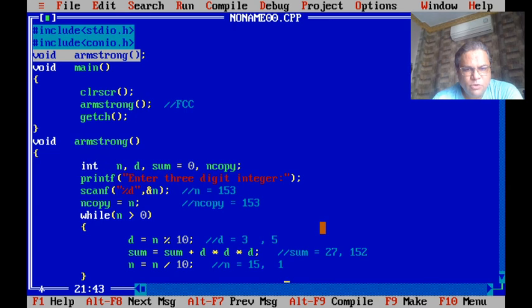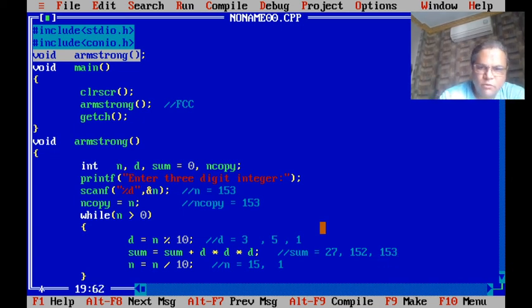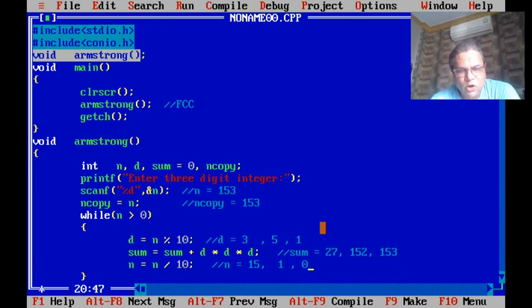Again this is end of the while loop, so it will go back and check the condition, is 1 greater than 0, the expression is true, so it will come here, it is 1 modulo division by 10, so remainder will be 1. This will add 1 cube into the previous sum, 152 plus 1 cube, that means 1, so the total will be 153. Then this will divide 1 by 10, quotient will be 0, so new value of n will be 0. It will check, is 0 greater than 0, the expression is false, so while loop will stop